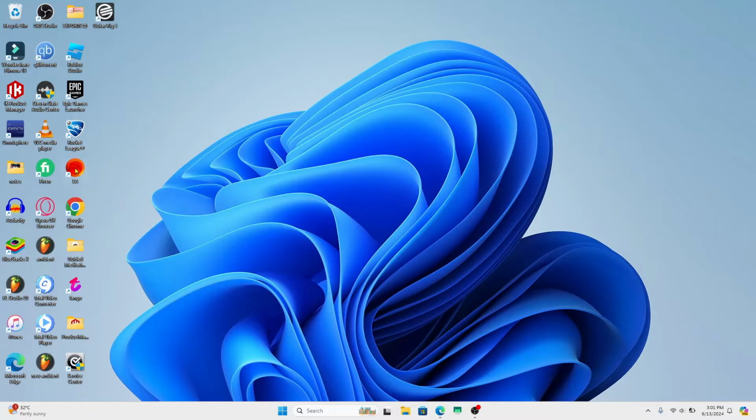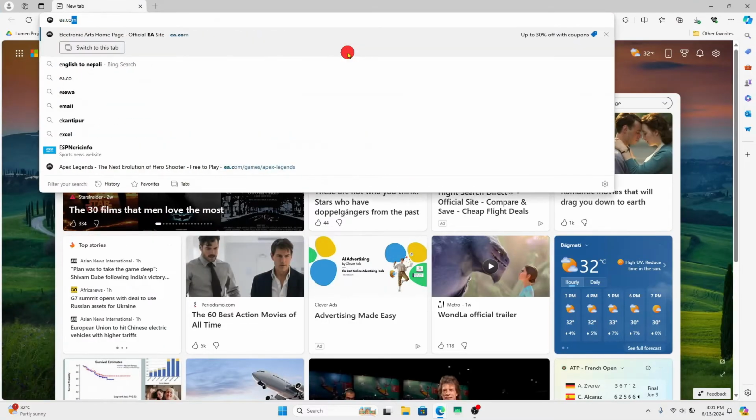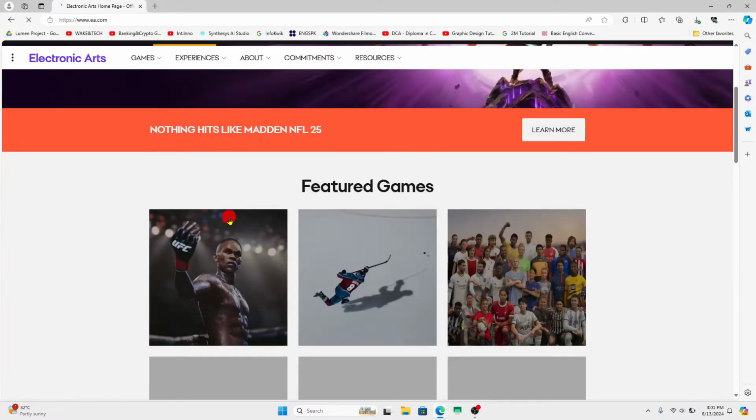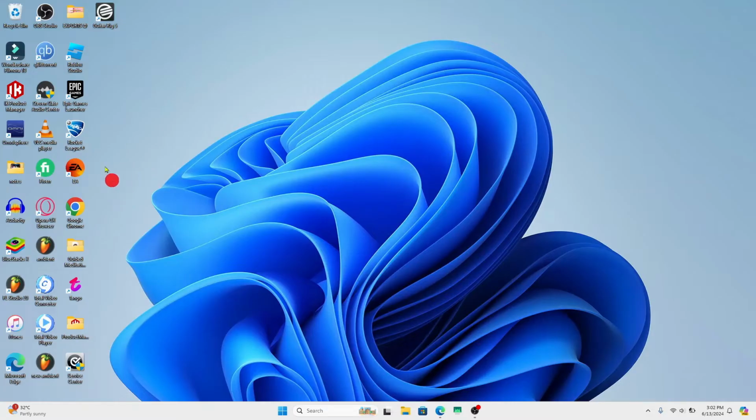Now if you don't have the EA application, then you can open up your web browser and type in ea.com in the address bar and press enter. Now from this page, if you scroll all the way down, you will see the EA app option. You can click on this to download the EA app installer, and once you install the EA application, go ahead